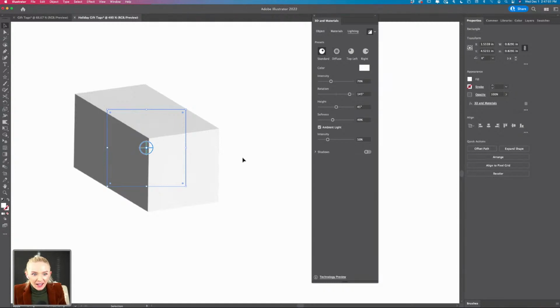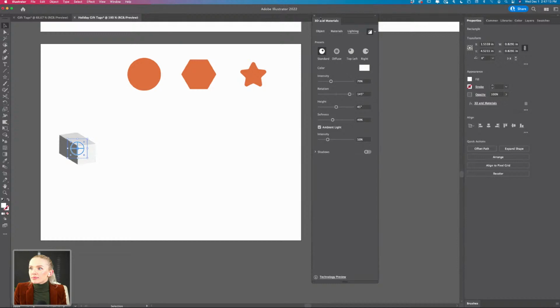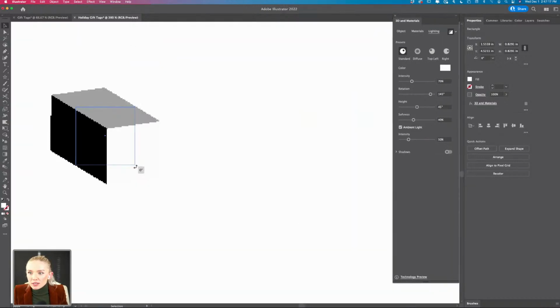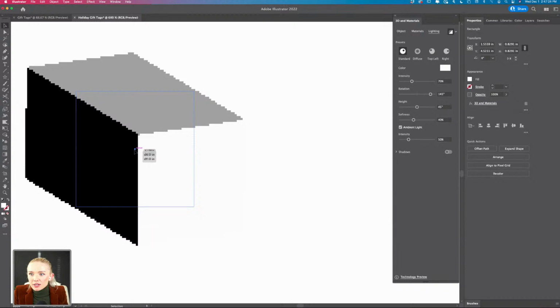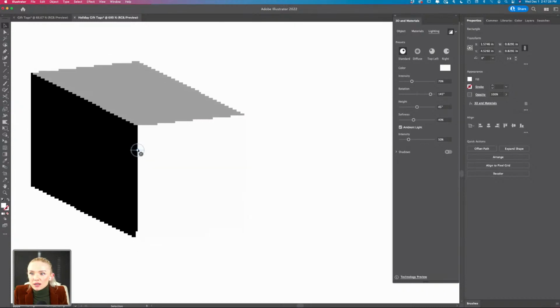Okay. All right. So top left, light, diffuse light, and standard. Pretty sure standard was the best so far. So let's do that. Let's keep that. And now what I'm going to do is I'm going to make sure that it's nice and straight. Yeah, there we go. And by the way, you can also go in here and adjust the position of the object using this little,